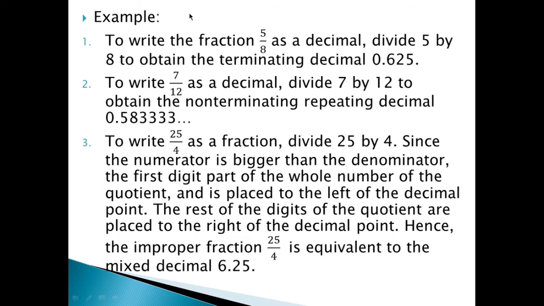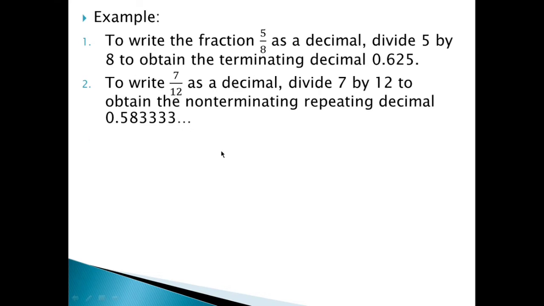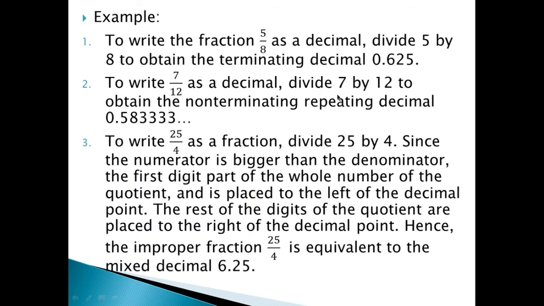Number 3, to write 25 over 4 as a decimal, as you can see, improper fraction po to kasi mas mataas yung numerator to denominator. So, paano ba yung gagawin natin if improper fraction? So, convert improper fraction into decimal. So, divide 25 by 4. Since the numerator is bigger than the denominator, the first digit